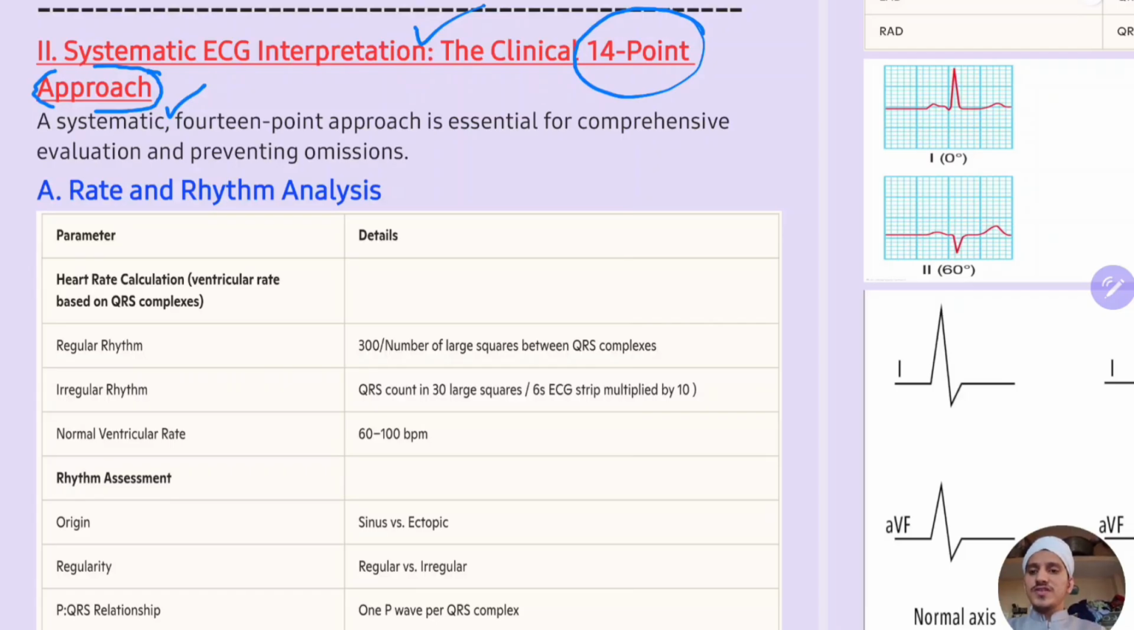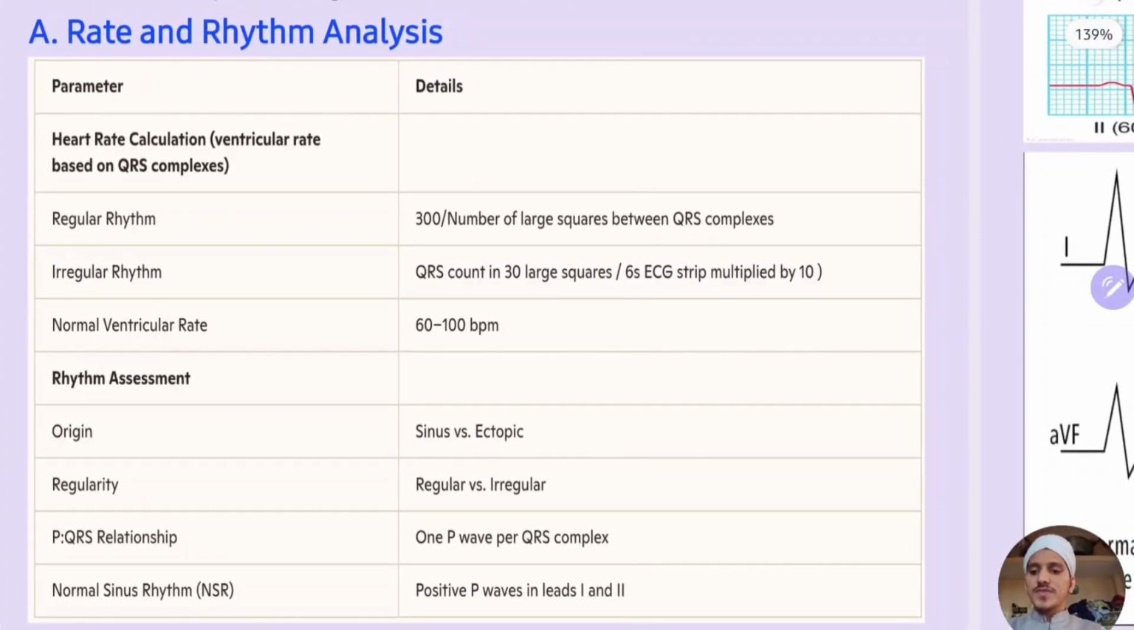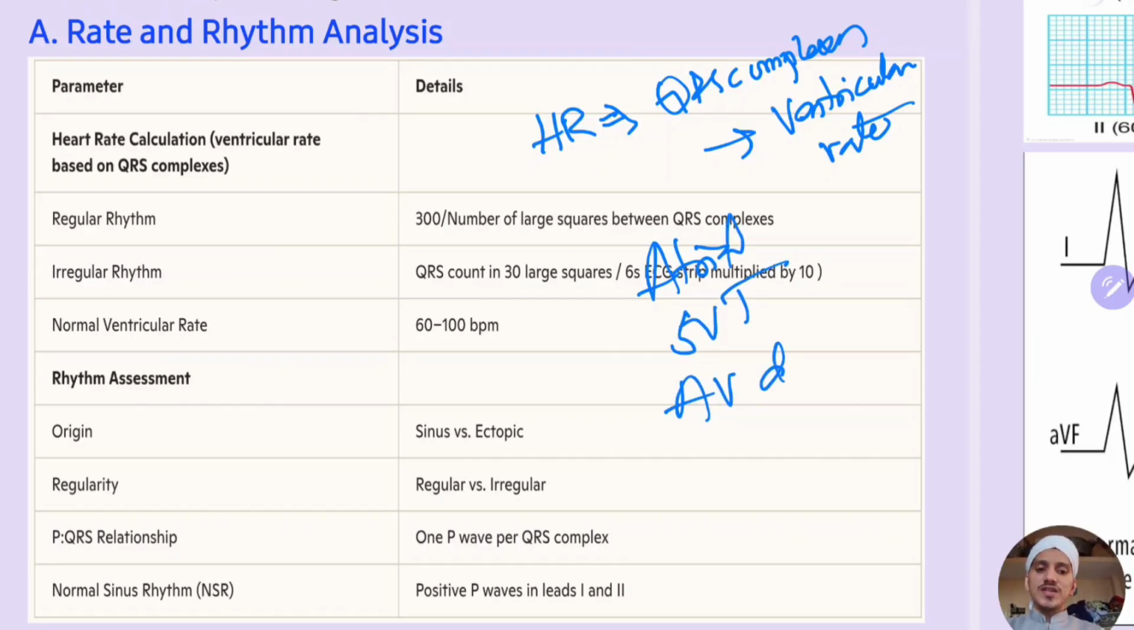So first of all, whenever you see an ECG, you should analyze the rate and rhythm first. How will you do that? Remember, the heart rate which we calculate based upon the QRS complexes represents the ventricular rate actually. This is important because in some atrial tachycardias, supraventricular tachycardias, or when there is AV dissociation,